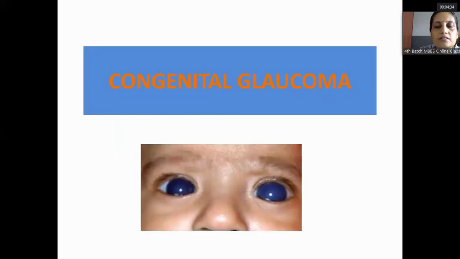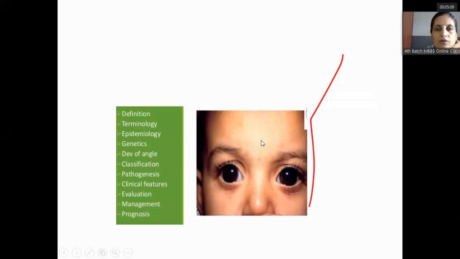So today we will discuss congenital glaucoma. Sometimes in the exam you have to be very sincere. I have put the pictures in the slide. These pictures are very important because they will be kept for your spotters in your exam. So see the pictures in the slide. It looks like how the eye is. You can see a somewhat whitish blue and somewhat bigger eyeball. So congenital glaucoma, we will discuss under different headings. So see the particular child with the eyeball.